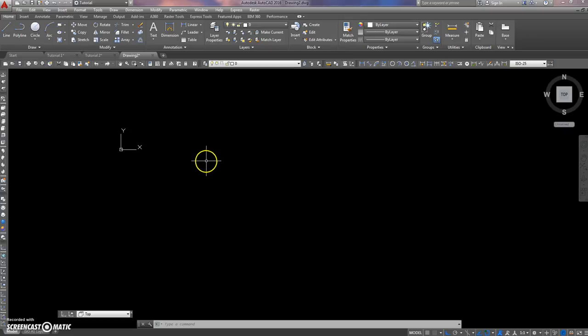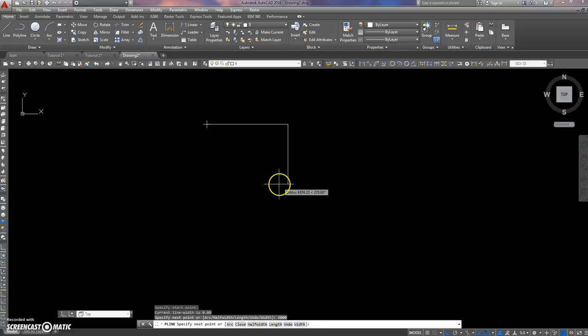So first of all, I'm going to start out just by drawing the floor. It's just going to be an L-shaped platform, and to do that I'll go polyline. We'll make it 6,000 that way. That's direct distance entry, and we'll go down by say 4,000, and along here by say 2,000,